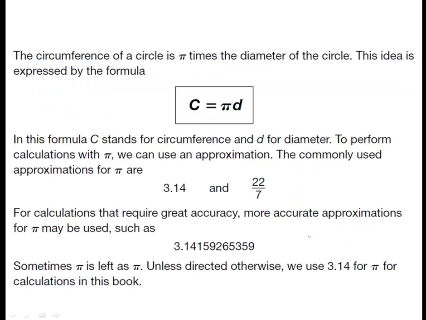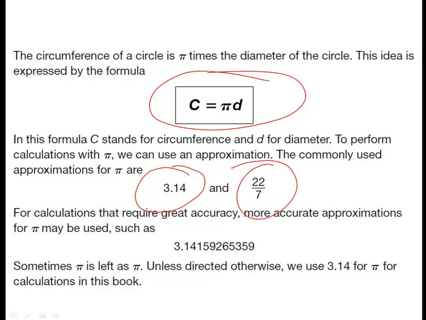All right, so the circumference of a circle is pi times the diameter of the circle. This is the formula we use right here. Circumference equals pi times diameter. So anytime they ask you for a circumference of a circle, you're going to find the diameter. You're going to multiply it by either 3.14 or 22 over 7, multiplying by 22 and dividing by 7, depending on what the problem asks for. Some problems will tell you to use this one. Others will tell you to use the 3.14. Occasionally, you'll want to be extremely accurate. Then you could take it out several more decimal points to what pi really equals. And it goes on, but